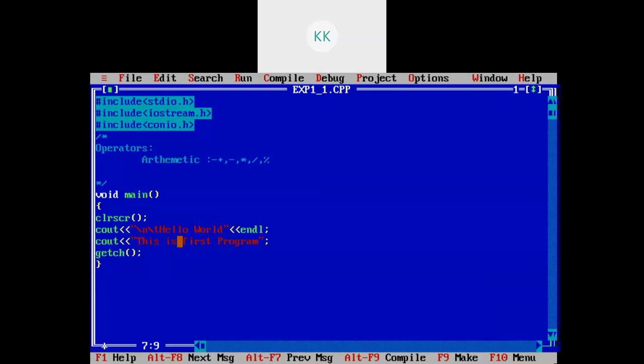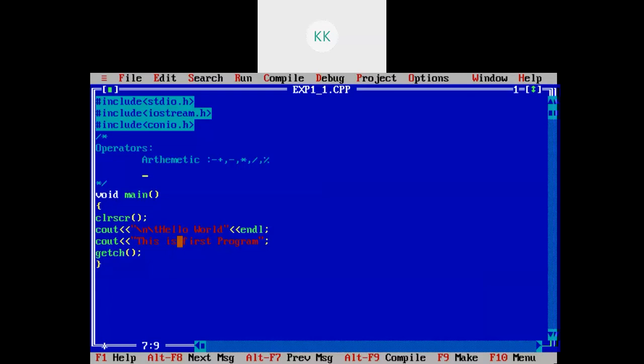We will try to write a simple program and try to generate the output for the same. So whenever you want to perform some operation, you require operands. Now what are operands? The operands are the variables or literals on which the expression will be executed or the operation will be done.